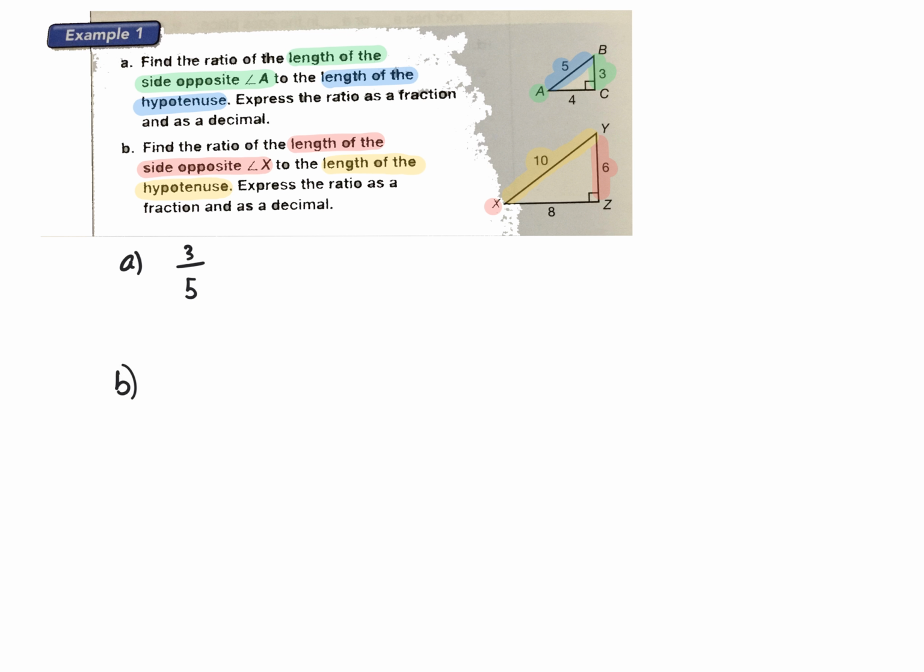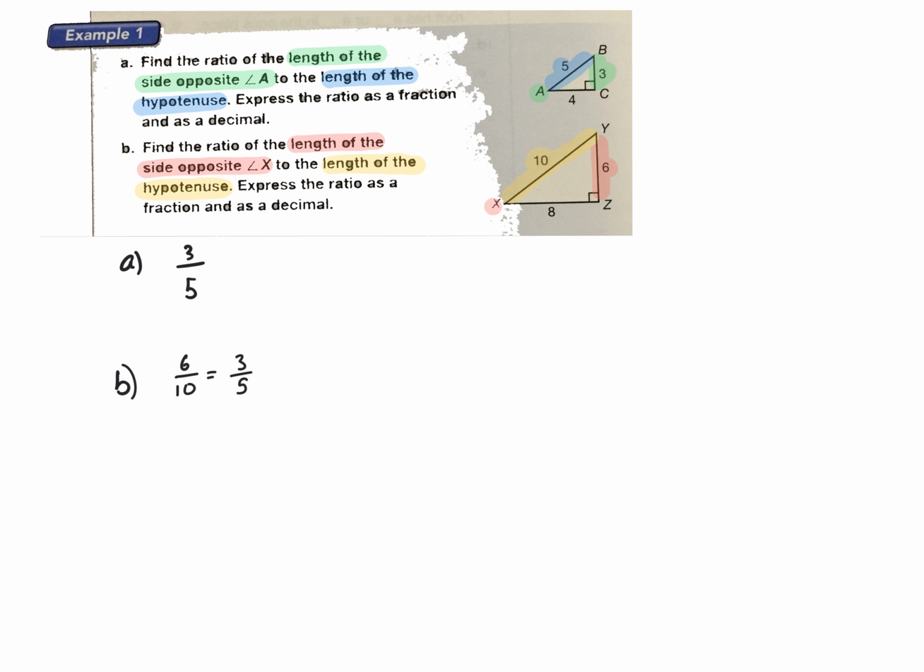For B, it says find the length of the side opposite of X. Here's angle X. Here's the side opposite that, to the length of the hypotenuse. Hypotenuse is across from the right angle over here. So then that is going to be 6 over 10,